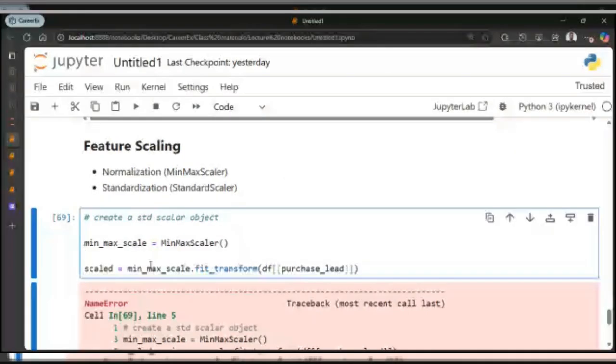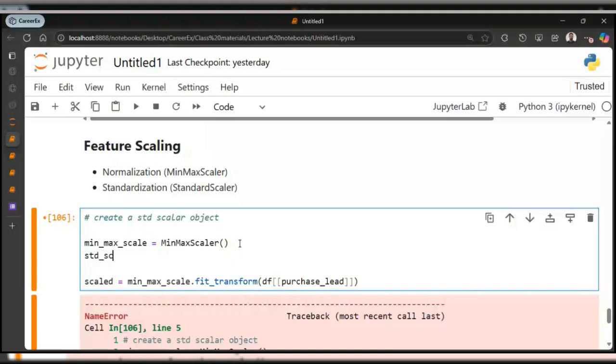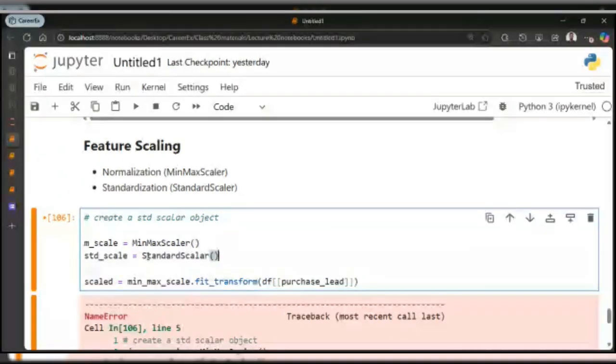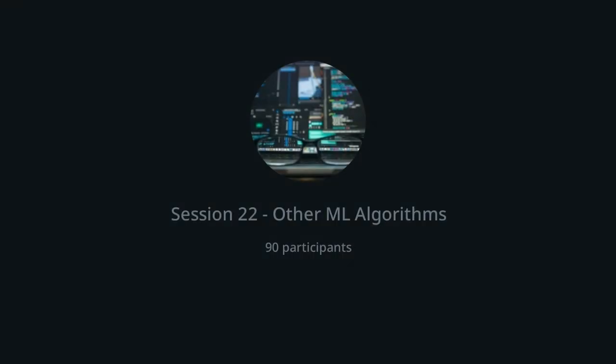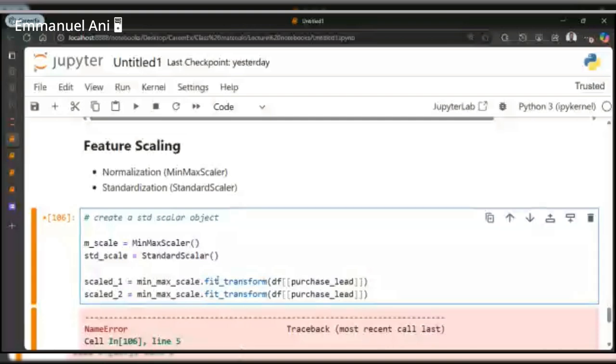For StandardScaler and MinMaxScaler, you can easily import either of them. So you can import MinMaxScaler here, and let's import StandardScaler. I'm going to do scaled 1 and scaled 2.